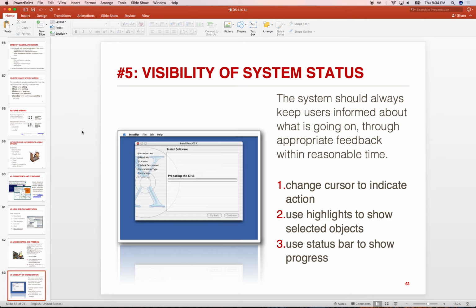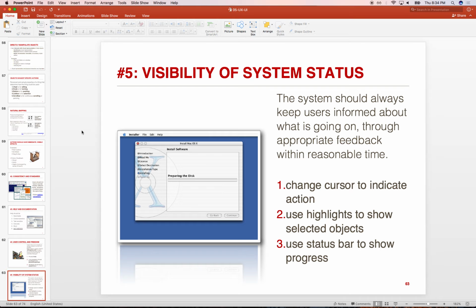That you know what the system is doing, right? If it's taking too long, that it gives me a progress bar. That it gives me a real progress bar, right? That it's not fake, just going all the way to 80% and then just stopping, right? And then the next 20% is just a couple hours later, right? So it really gives me an idea of how long I'm going to be here, right? And that it gives me confidence that there is a light at the end of the tunnel, that it gives me some status of what I think it's doing.